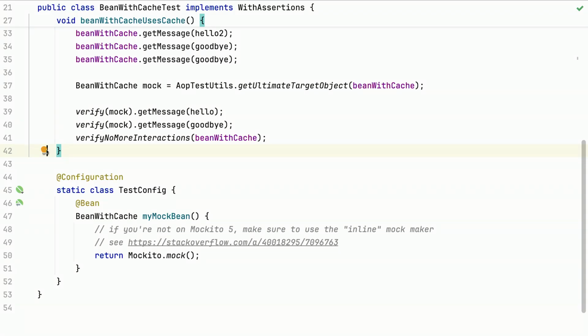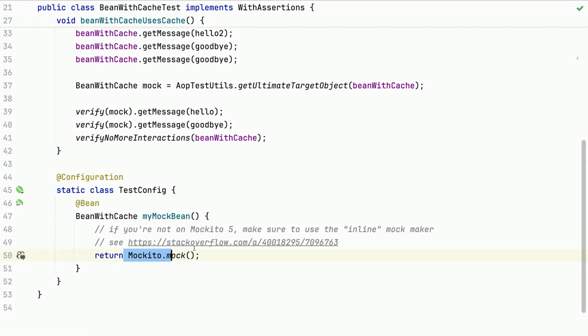So it will not add transactional proxies or caching behavior or retry behavior or all of those declarative behaviors that you can add to your beans with annotations. They will not get applied to mocks. And that makes sense because if your mock is being cached, it could potentially lead to some very confusing situations. However, in this case, that's exactly what we want. So what we're going to do is we just give it a bean and explicitly ourselves say this bean is